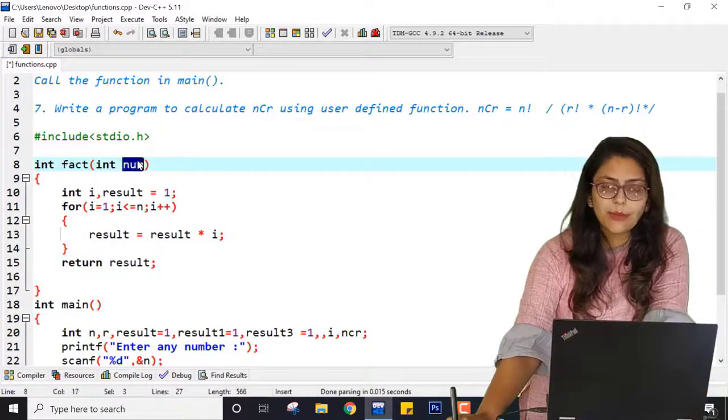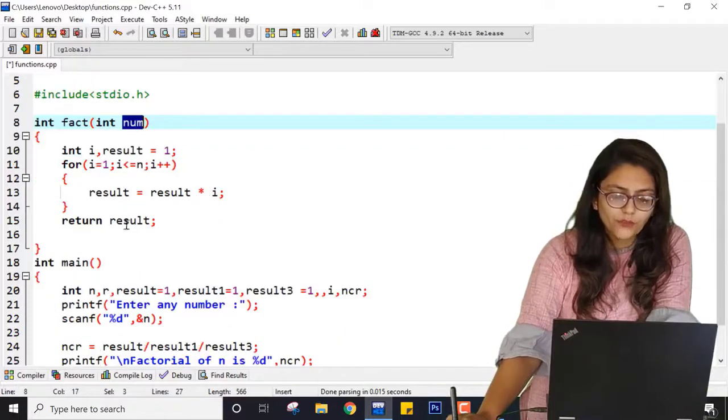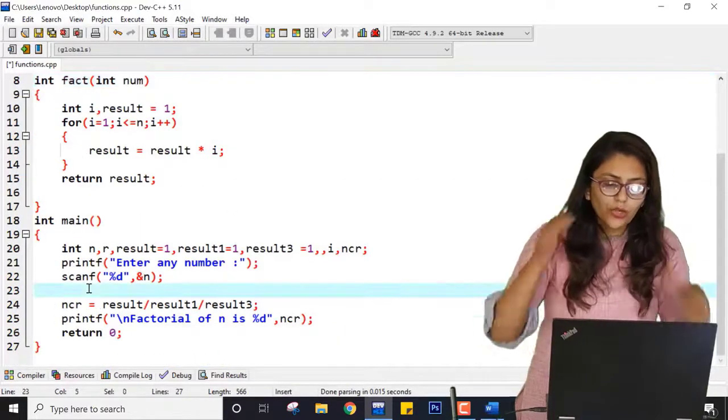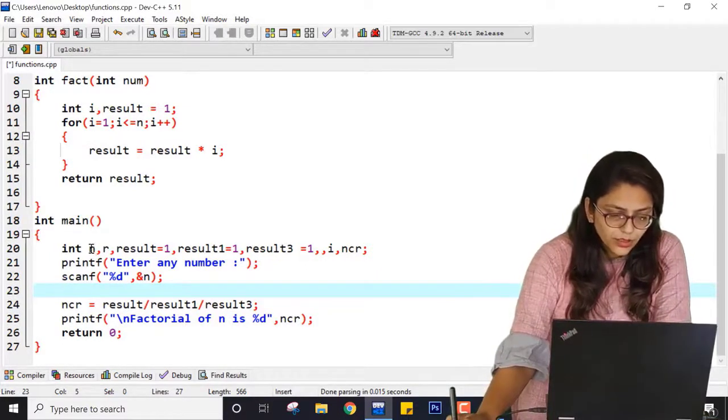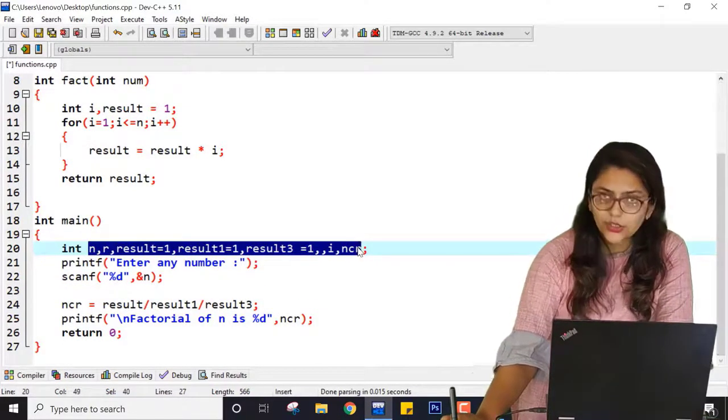So whatever number will be passed to it, it will find the factorial of that number and return it.